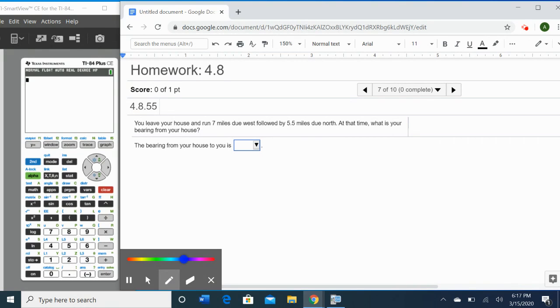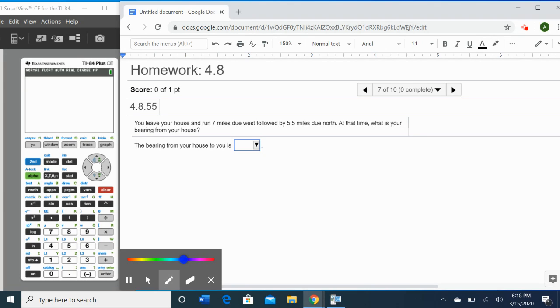So for our last part of our 4.8 notes, I decided that the problems that were in the note packet are actually not as straightforward as the problems on the homework. So I'm just going to do a couple example problems from the homework. If you want, maybe just on the back of the page or on a separate piece of paper,